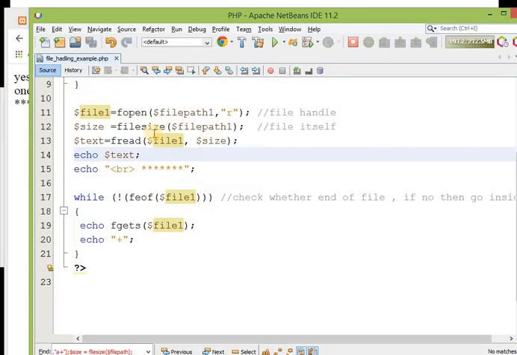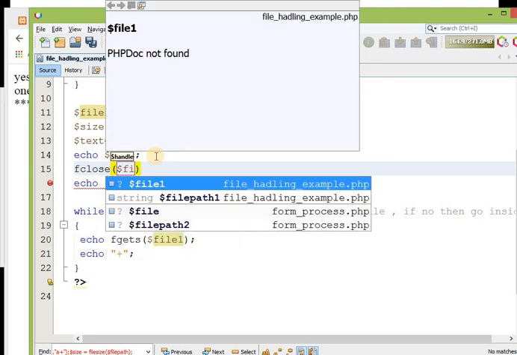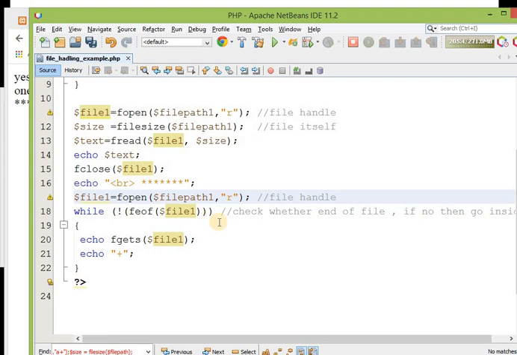Oh, there is a kind of mistake over here. Let me first close this reference. fclose closes a particular file, and I want to close this file. Now again, to read this particular file, I am creating a reference, that means a handle, of that particular file, and I have put this code over here. Now I am using a break statement over here. Save this content and just refresh.